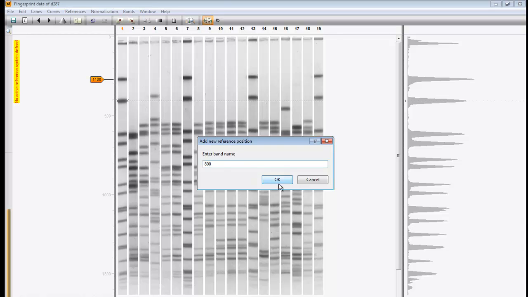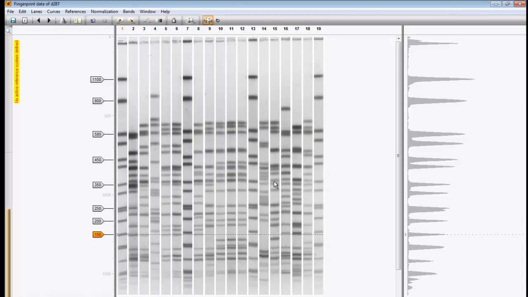Now the reference positions are defined. Obviously, if you know the sizes of all bands, it is better to enter them all to achieve greater accuracy.